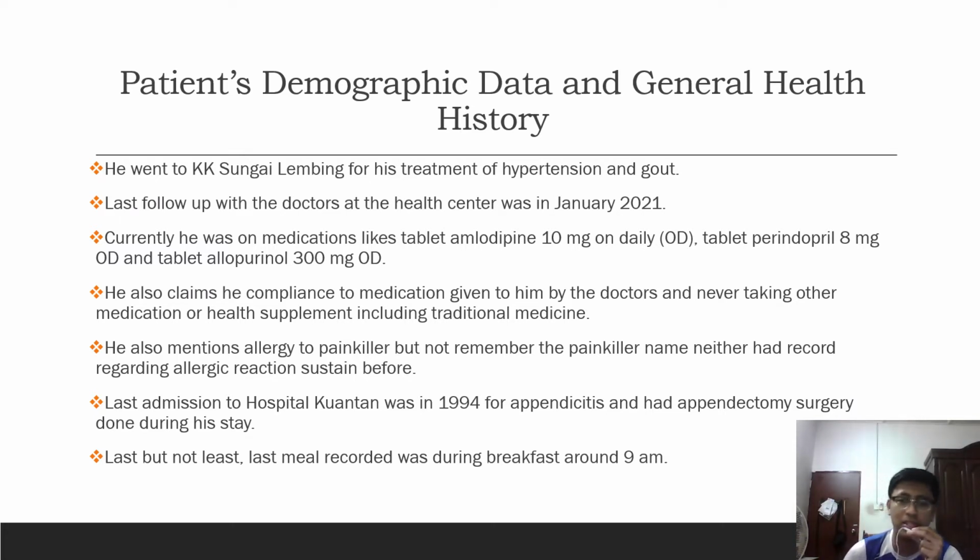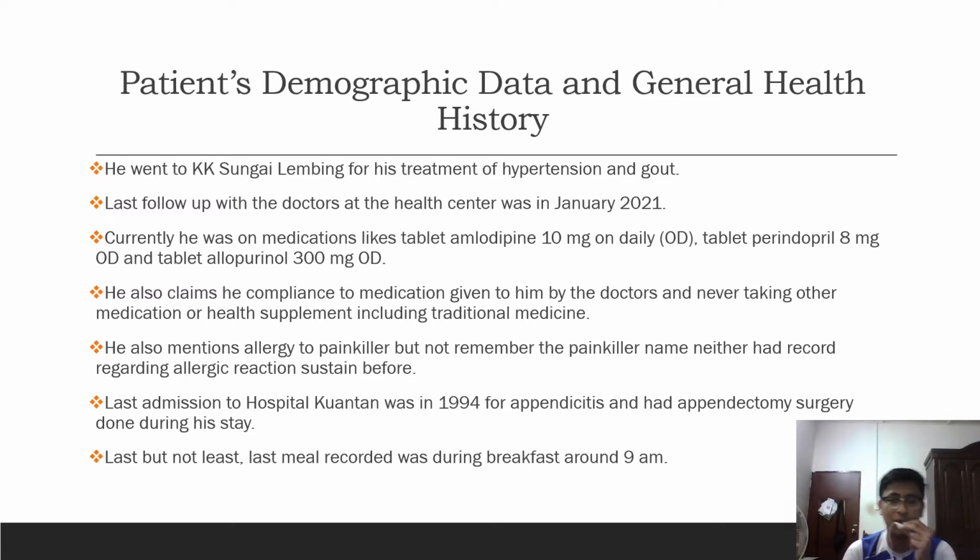Most patients with an allergic reaction who went to any health facility will be given an allergy card if they had episodes of allergic reaction to any medication, but this patient doesn't have any records or allergy card with him. Last admission to Hospital Kuantan was in 1994 for appendicitis, and he had appendectomy surgery done during his stay